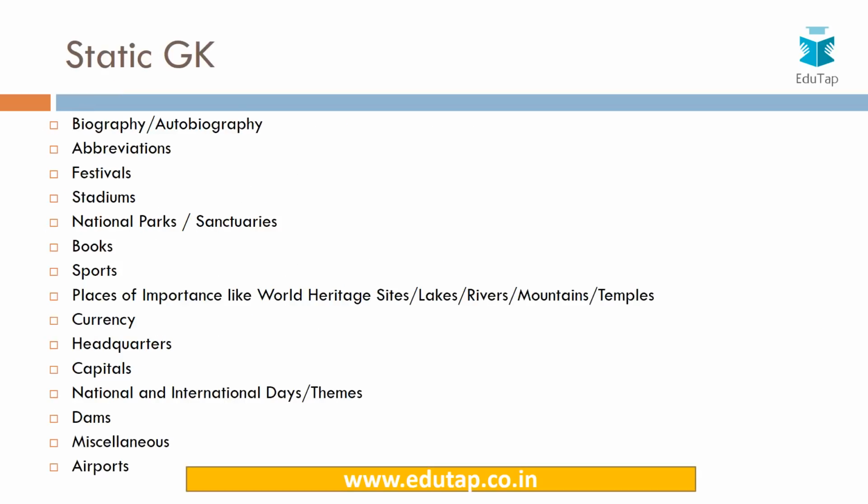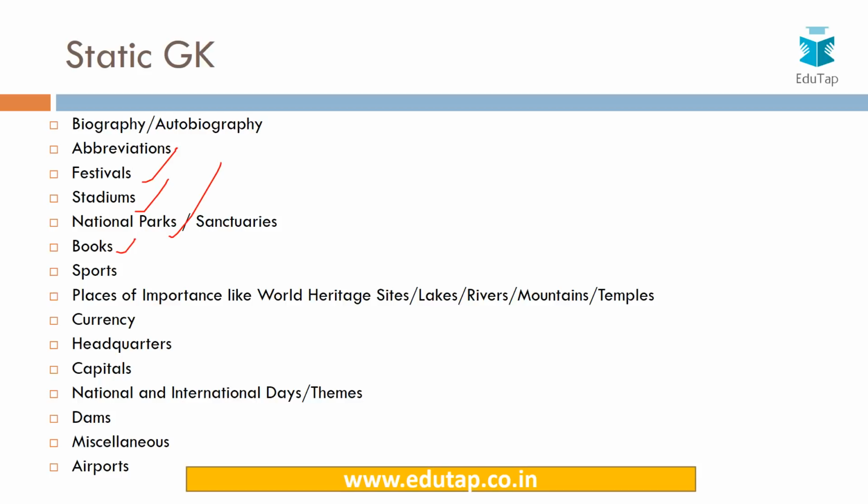The fourth broad category being that of static GK. So under it, we have numerous things which could come from biography, autobiographies, abbreviations, festivals, the stadiums, where are they located, national parks and sanctuaries, books, sports, places of importance like World Heritage Sites, certain important lakes or rivers, mountains,